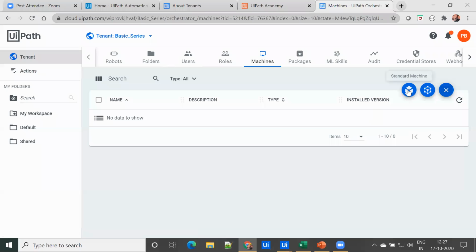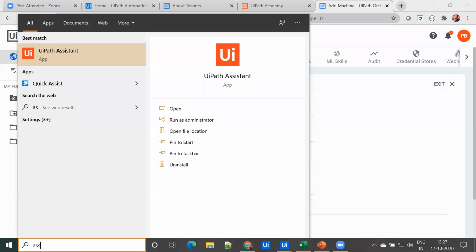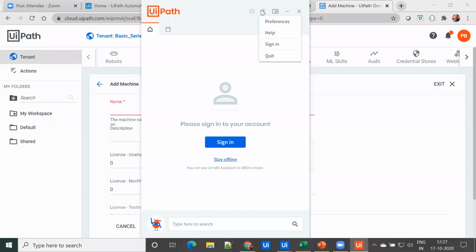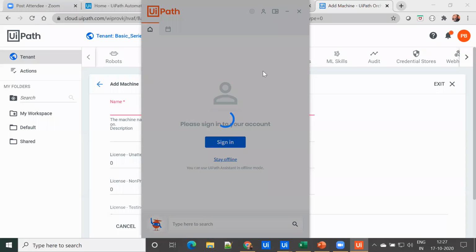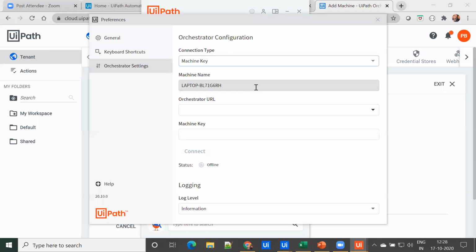We can create a standard machine, or we can provision a machine with a machine template. For now, I'm just selecting a standard machine. Now I have to provide the machine name over here. Where do I get the machine name? I'll navigate to UiPath Assistant, go to the user button, then preferences, then orchestrator settings, and select the machine key.